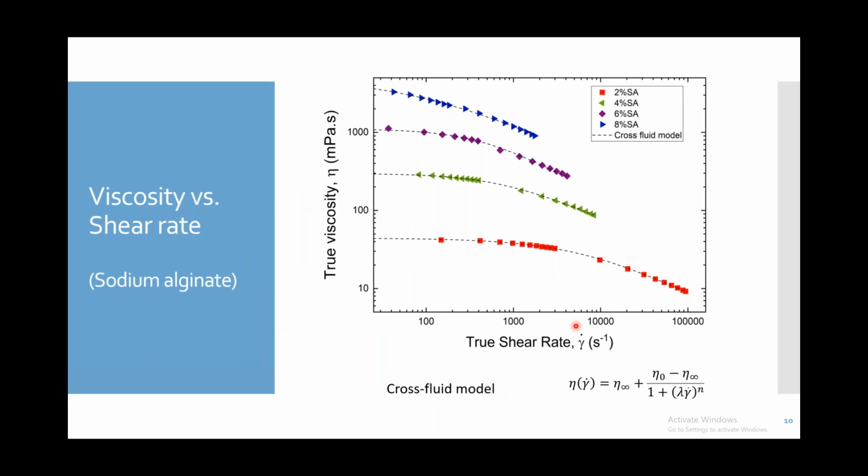Now I'm going to go over the viscosity data I collected from our VROC technology and share some results with you. This figure shows the shear viscosity as a function of shear rate for 4 different concentrations of sodium alginate. As expected, increasing the concentration of sodium alginate results in a higher viscosity. The highest viscosity data here is around 2800 millipascal second. That shows the capability of our VROC technology in measuring highly viscous samples. Also, in all samples, shear thinning behavior is detected, and that, as I mentioned, is necessary for bioink printability